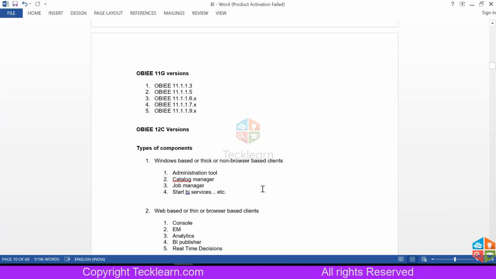The majority of people, until last year or the first quarter of this year, used either OBIEE 11.1.1.7 or 11.1.1.9.2 likewise. But now at least the majority of organizations have changed to OBIEE 12C. Currently we have 12.2.1.4, but probably a few organizations will be using 12.2.1.2 likewise.